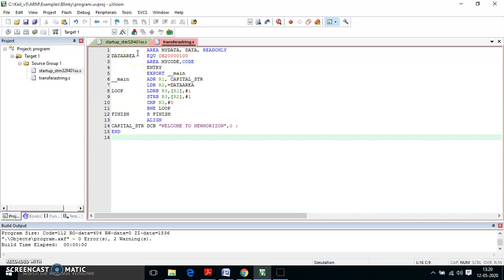So here, as I told you, the previous program was the length of the string, and the second program of the string operations is transferring a string. Here we have a segment area which selects whether it is data memory or program. Now, initially, we are transferring a string. The given string is defined with DCB, define constant byte, with the characters "welcome to viewers".